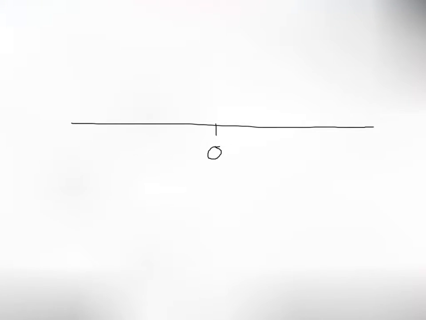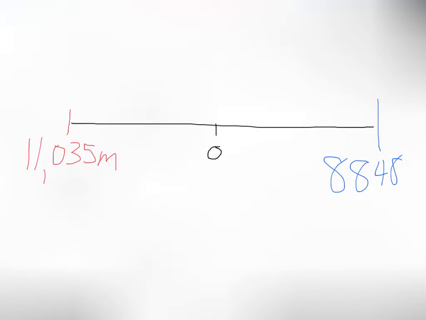Now, I can switch to my whiteboard marker, and I can say that the Mariana Trench is 11,035 meters deep. I can also say that Mount Everest is 8,848 meters tall. Now the students' task in this session is to work out the difference between those two structures, the total difference,